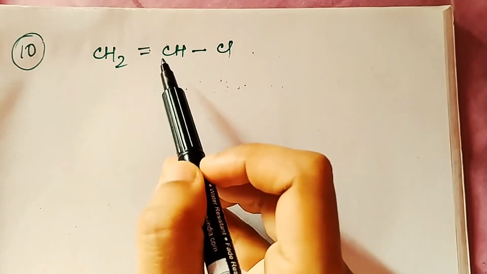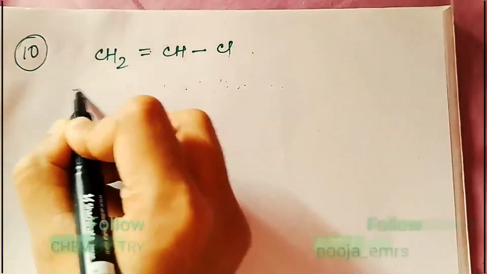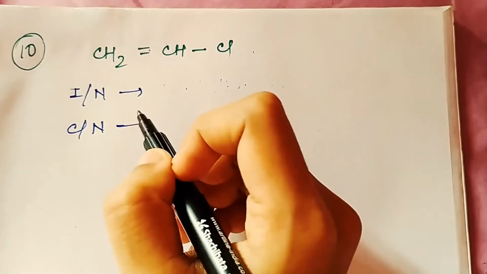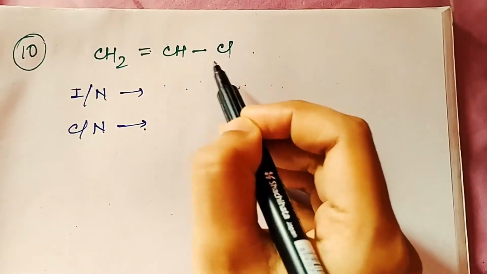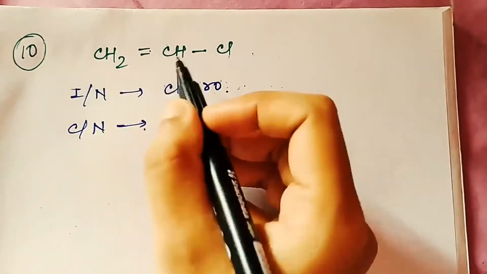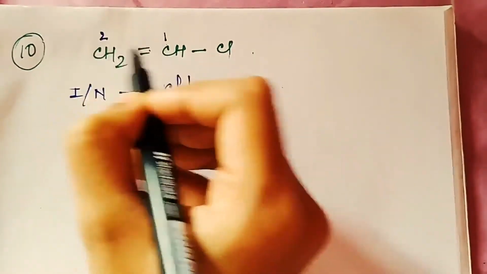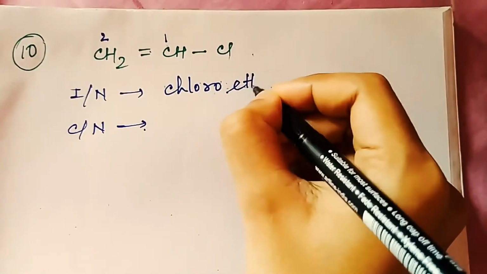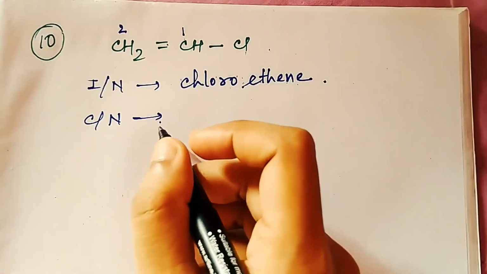Okay, one of the sp2 carbon atom. So in this case, what will be the IUPAC name and what will be the common name? See, the IUPAC name structure we have learned, it is haloalkane. So this is halogen part, so chloro. Now you just see here, this is double bond, that means this is alkene part. So 1, 2, 2 carbon atoms. So this will be ethene. Okay, so it is chloroethene. And the common name will be